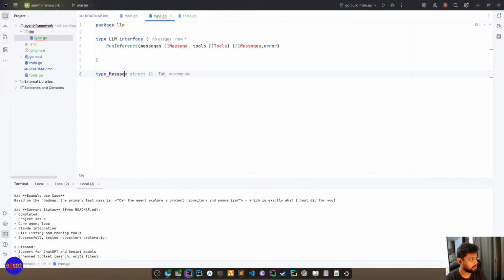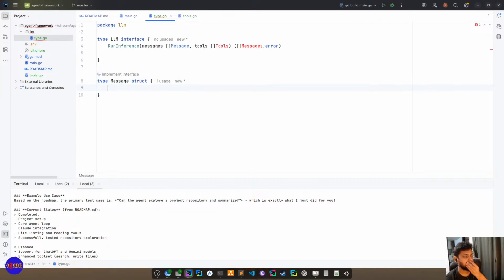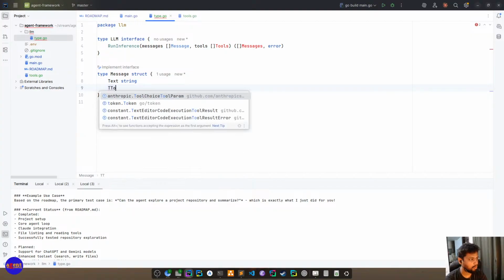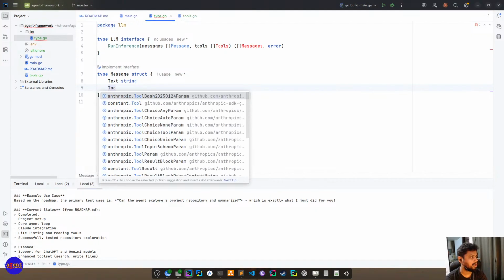Let's define message. Now the message struct is a bit tricky because it can either be text, or, as we have seen before, one of the messages we have to return to the LLM sometimes is a tool result.